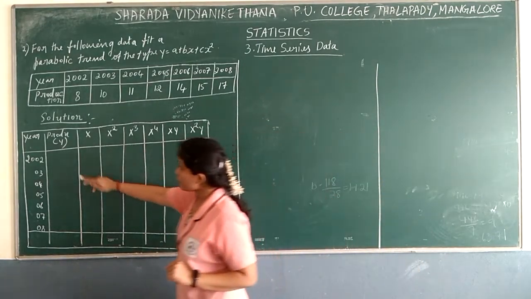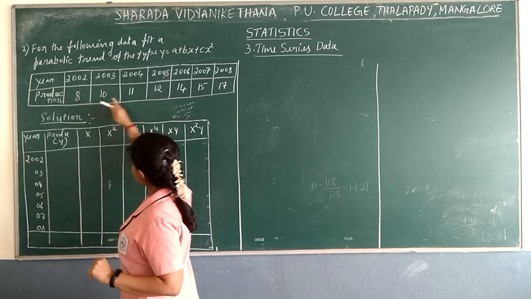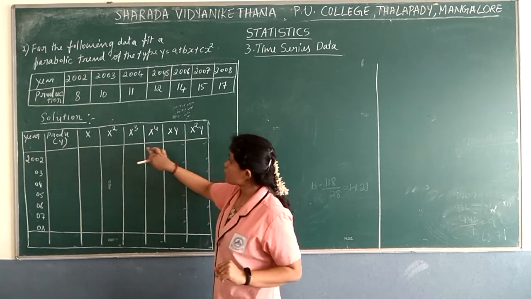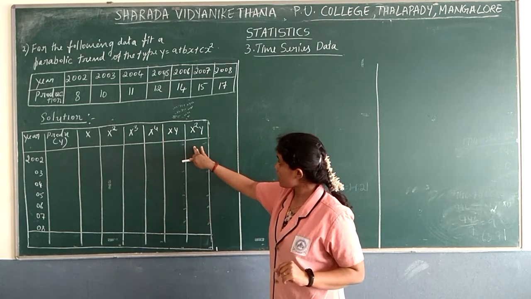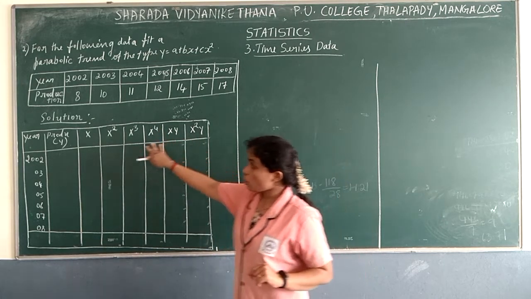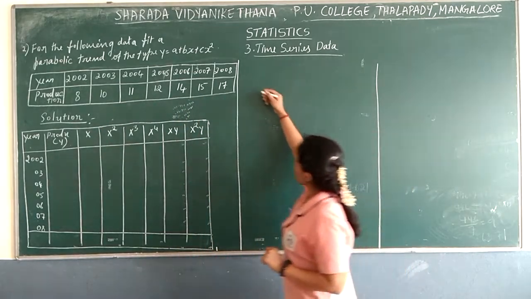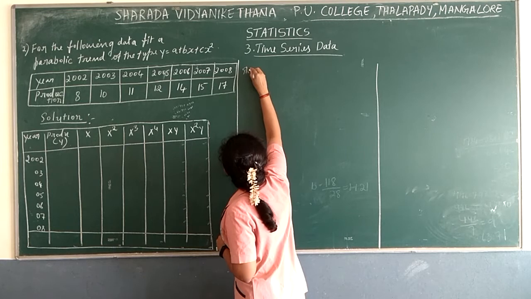So you will get here production, which is nothing but what they have given in the problem. Then x square, x cube, x to the power 4, xy and x square y. These columns we will prepare based on the equations. So we will write the parabolic equation is